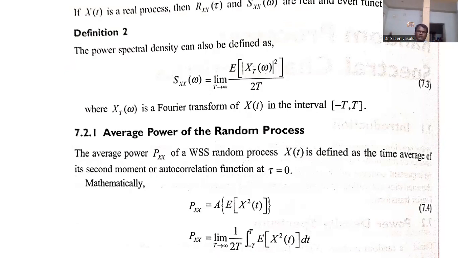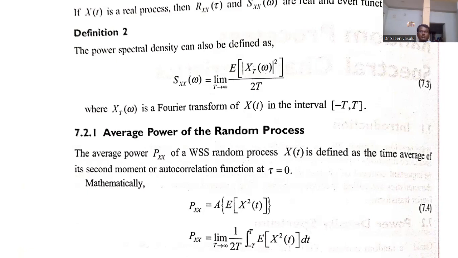You see here the difference between the previous case and this case. Previously, we concentrated on the autocorrelation function. Whatever formula we obtained was from the autocorrelation function. Here, instead of considering the autocorrelation function, he has considered the random process signal x of t directly, but over the interval minus T to plus T instead of minus infinity to plus infinity, and he has given the limit T tends to infinity.